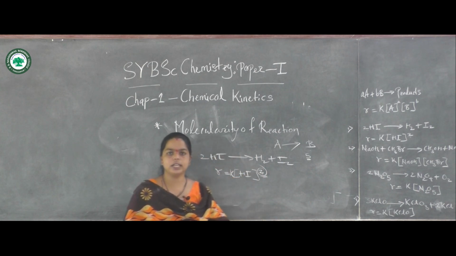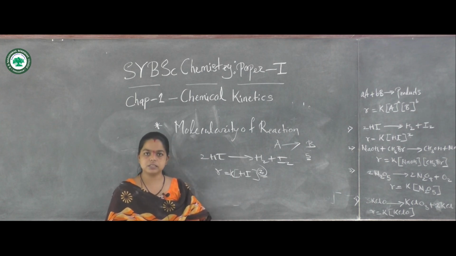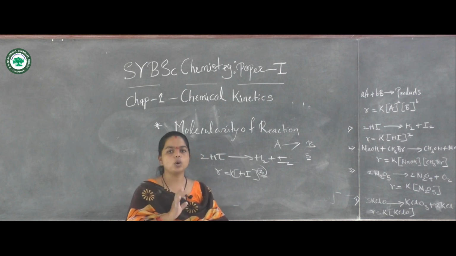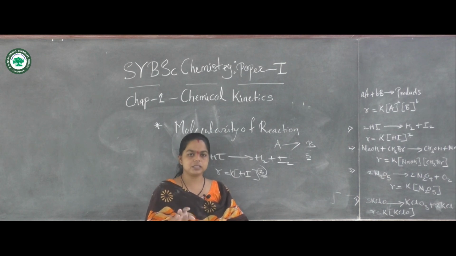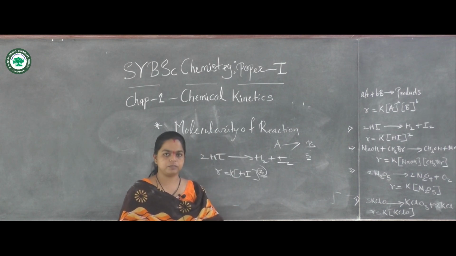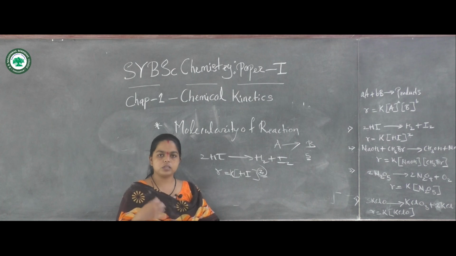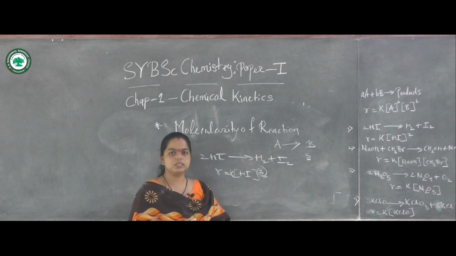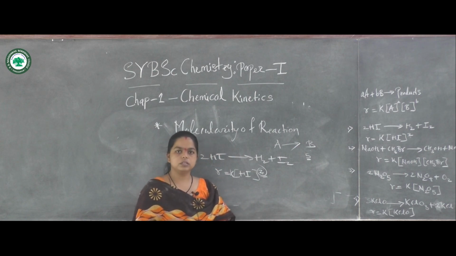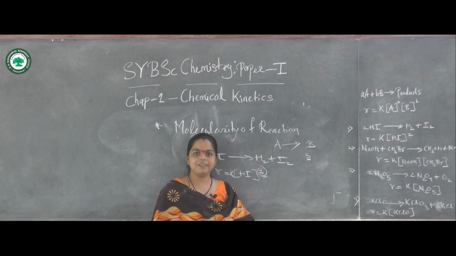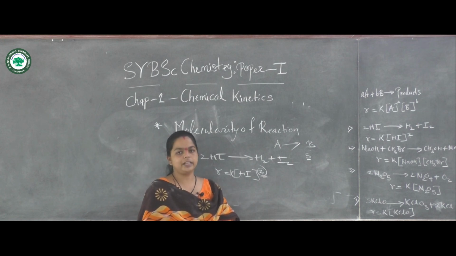So we have to consider only one elementary step of the reaction. This is again determined experimentally. It is the slow step of the reaction, also called the rate determining step. The rate constant we have considered is also called the velocity constant, specific reaction rate, or rate constant. These are the same names for the rate constant. Specific velocity constant, rate constant, or specific reaction rate are the same words used for the rate constant.